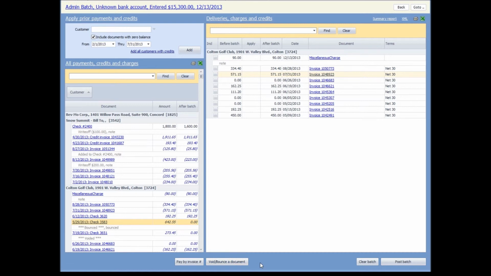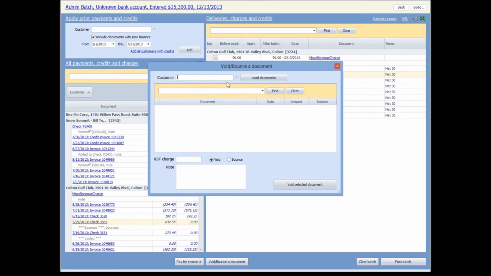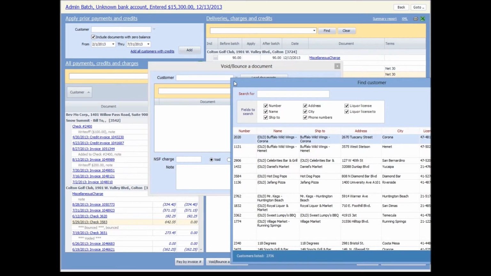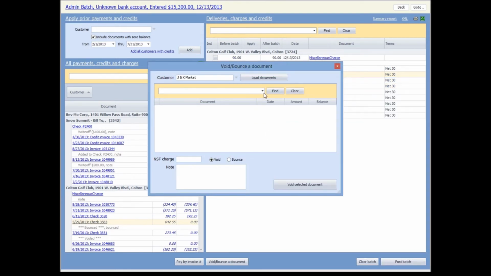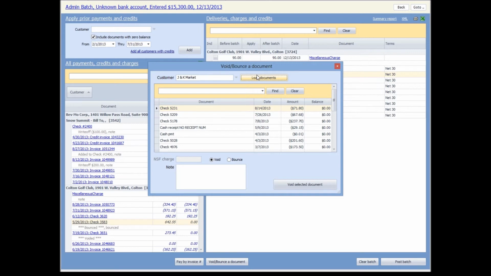The void bounce document button here at the bottom does allow for you to choose a customer that's not in your customer panel. If you choose the customer, then load documents, it will load all checks and cash receipts for that customer. You would highlight the check and hit void or bounce,